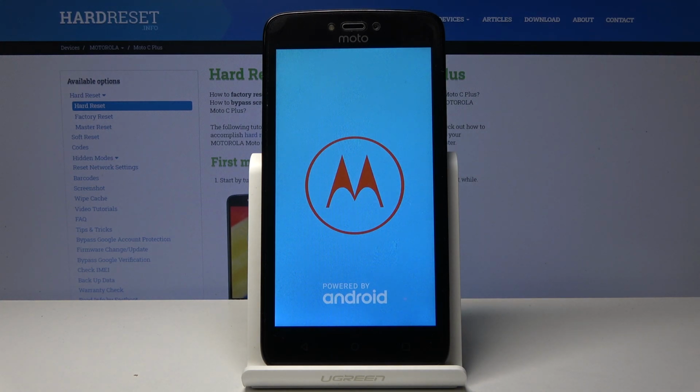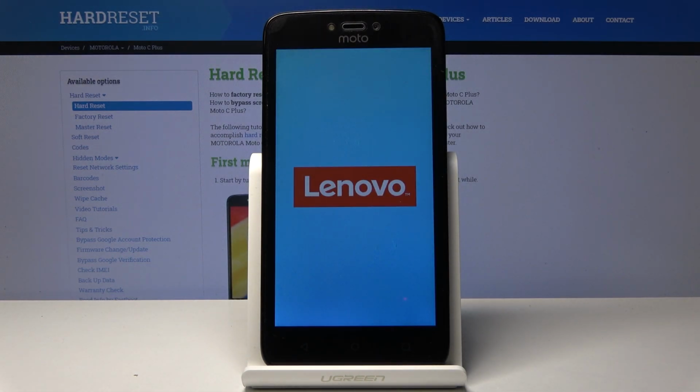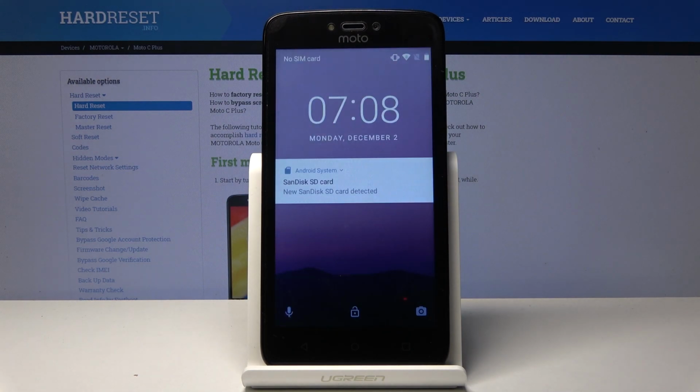Now once the device turns back on, the process will be fully finished, so you can start using your device again. As you can see, it's